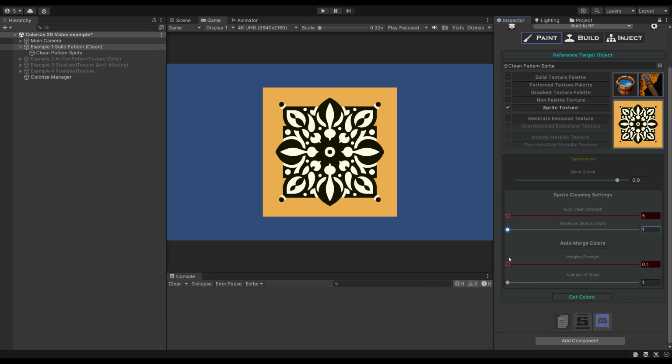Finally, we look at merging strength and number of steps. These are essential for textures with a wide color range, as they help group similar colors to simplify the texture. But our texture, being simple and having just 3 distinct colors, doesn't need such adjustments. Therefore, we set these to the minimum as well, reflecting the straightforward nature of our texture and bypassing the need for advanced merging. Once we've set our variables, the next step is to click the Get Colors button and allow